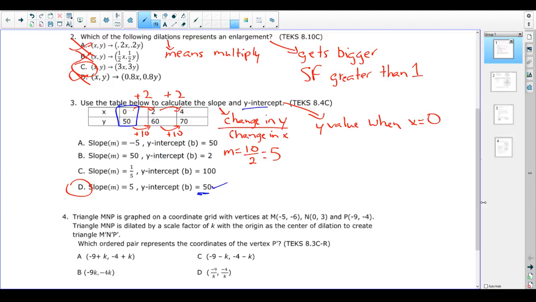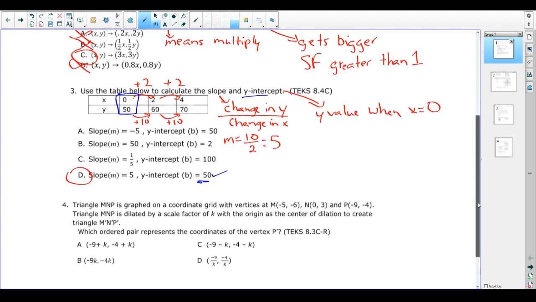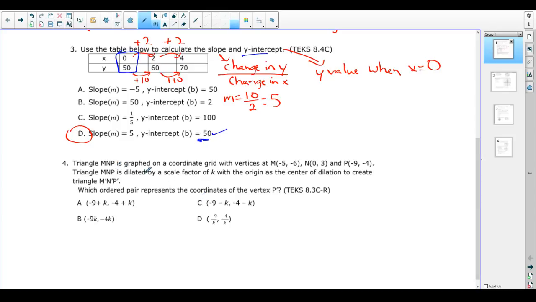Okay, not a problem. All right, number 4, a triangle is graphed. The triangle is dilated by a scale factor. Which ordered pair represents the coordinates? Okay. So again, you've seen this question before. Anytime you see dilate, dilate means